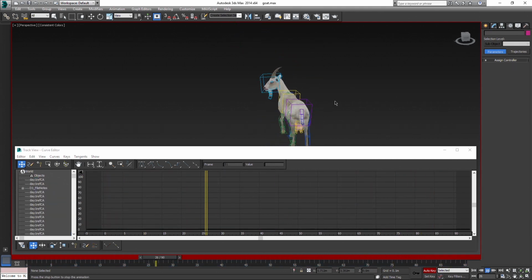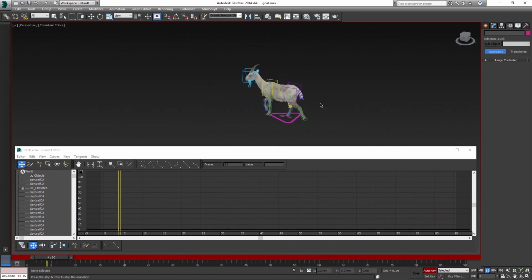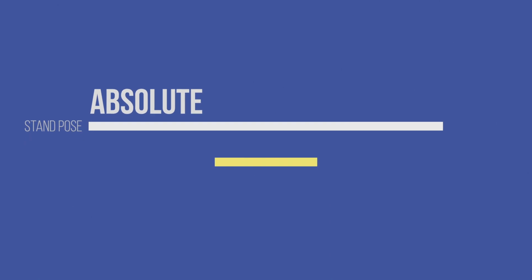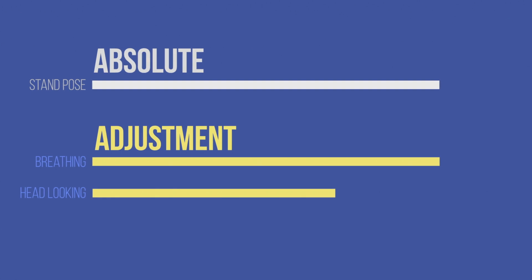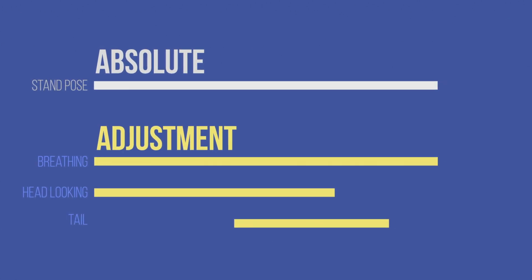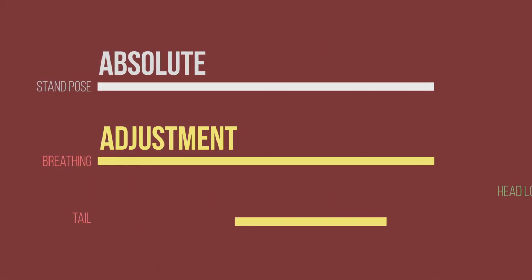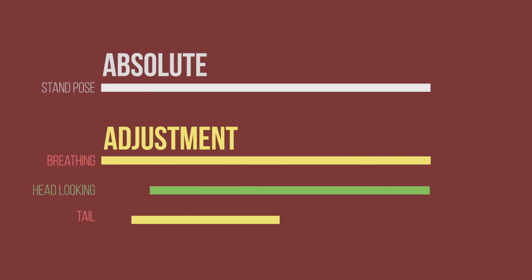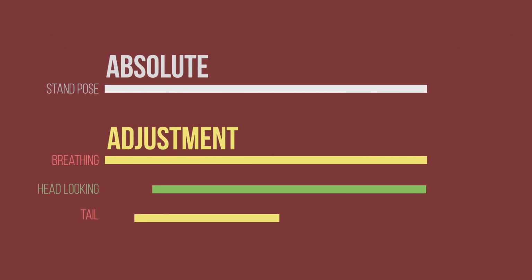Adjustment layers have a lot of use cases. You can even do the whole animation using adjustment layers. This is for example quite useful when doing some idle loop variations. You create an absolute layer, which is just the pose, no animation. Then you can animate a breathing into the adjustment layer. Do another for the head, and maybe another one for the tail, like we did for the walk cycle, and you have an idle animation done. Then, for creating another one, you can maybe switch the head layer and keep the tail and breathing the same. Maybe offset the tail a bit to make it play at a different time, and just like that, you have a new idle loop variation, from mostly the same animations.